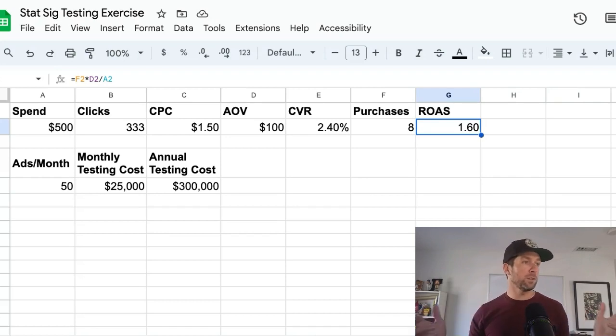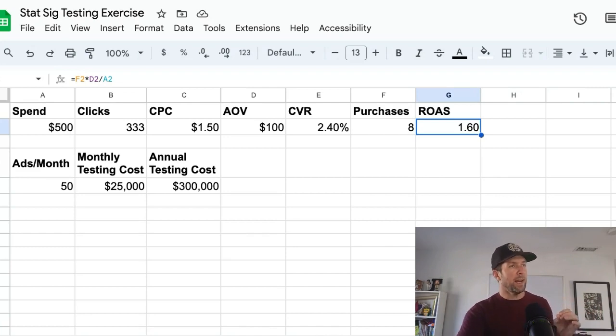Now, people who do this creative testing method have all kinds of ways of approaching this question. Sometimes they think, okay, I need it to just give me a 2 to 1 or a 1 to 1 or 1.5. I need it to be at my ROAS target. It could be close to my ROAS target, whatever. So I'm just going to assume 1.6 is close enough. And that would be 8 purchases on $500 in spend.